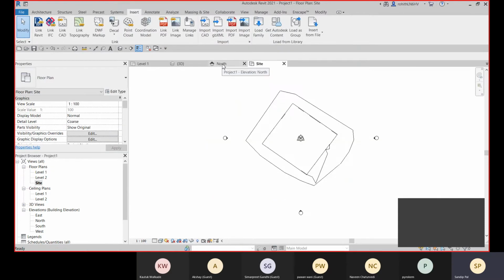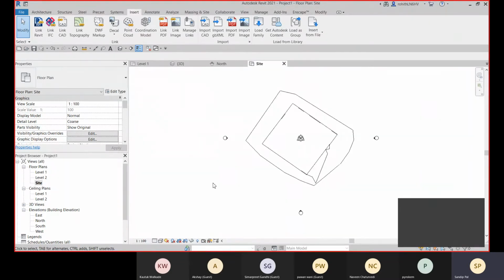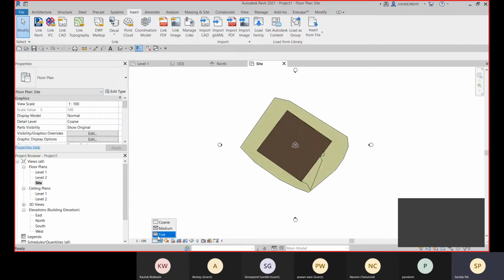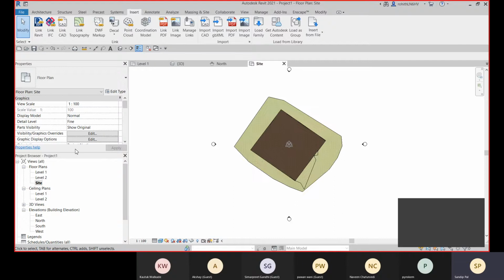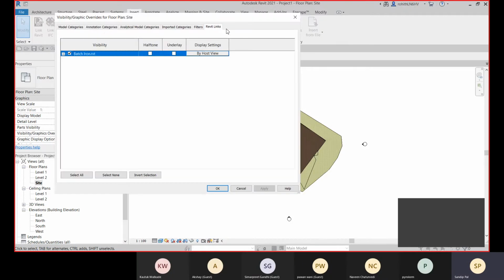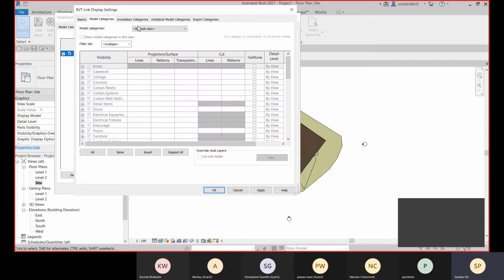Come to site or any elevation. Go to visibility graphics. Because this is a Revit link file, we will go to the Revit link tab. Click on this custom here, and then go to model categories. Make it custom also.